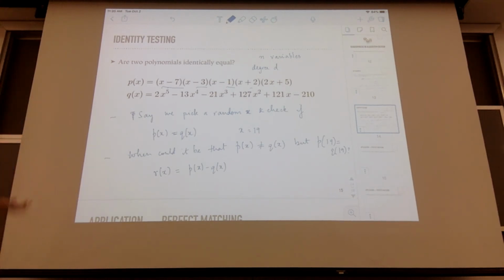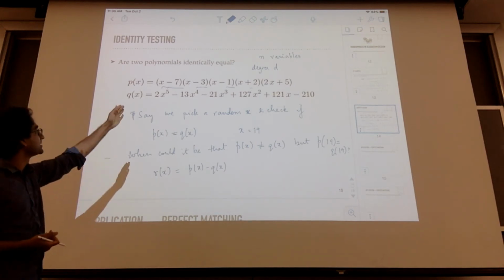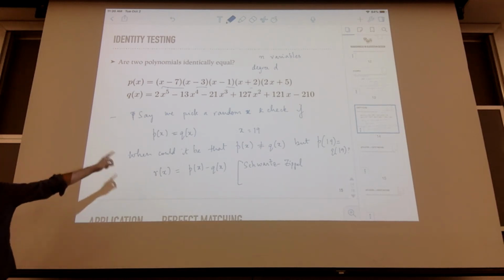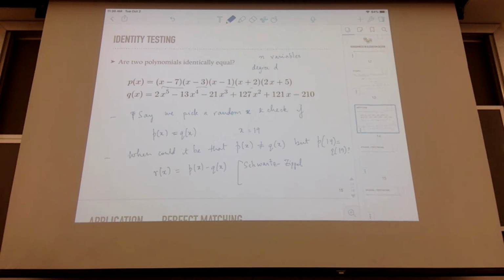So if I just searched in a range of like 30 different values, then this would be fine. For single-variate polynomials, this is actually a deterministic test. You could literally do this for 6 different points, and if all of them were equal, then you would conclude that p is equal to q. But for multivariate polynomials, you could have exponentially many zeros. Still, you can prove that this test succeeds with very high probability. This is what is called the Schwartz-Zippel lemma. I'll not go into the details, but it is a very powerful way of testing if two polynomials are